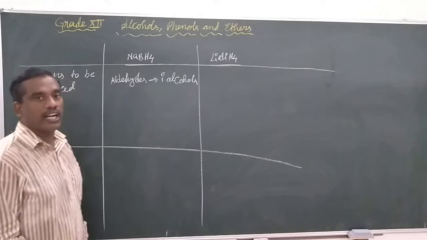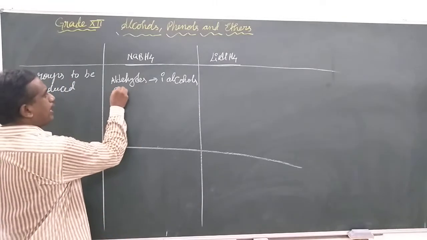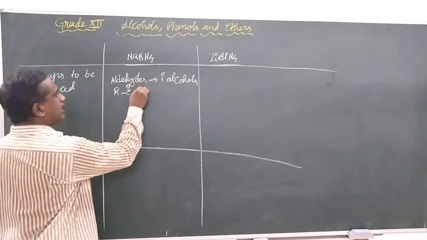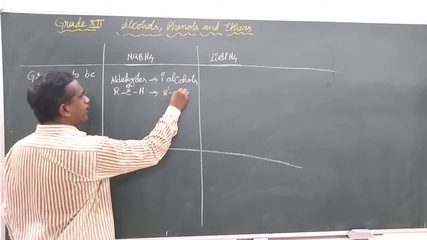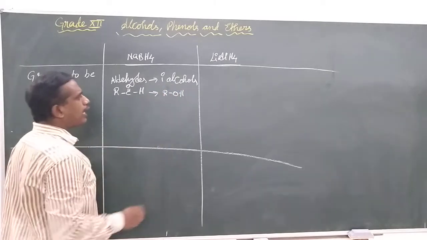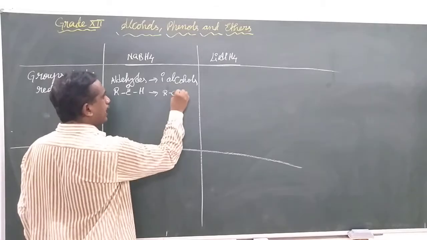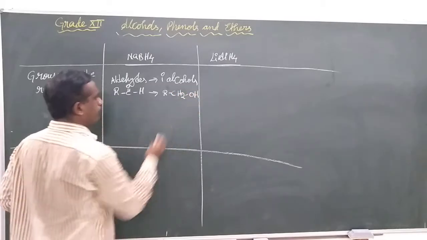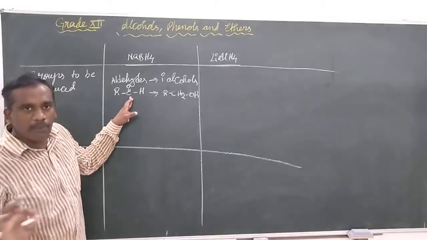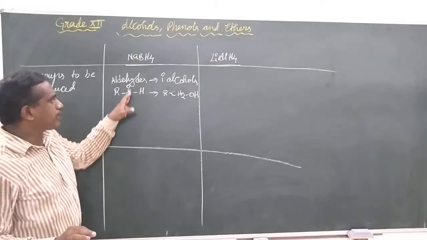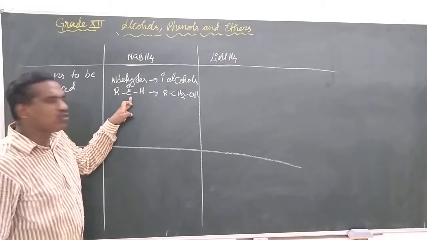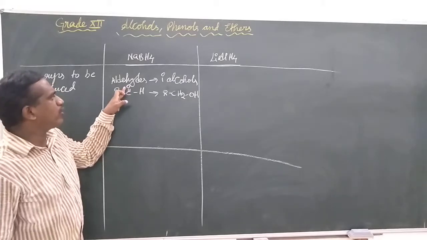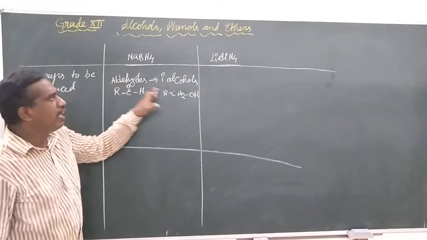It is going to reduce aldehydes into primary alcohols, meaning the RC double bonded O H group is going to be reduced into RCH2OH group. The carbon will be the same, but the double bond is going to be broken down and one hydrogen will be added to the carbon and the hydrogen will be added to the oxygen, giving